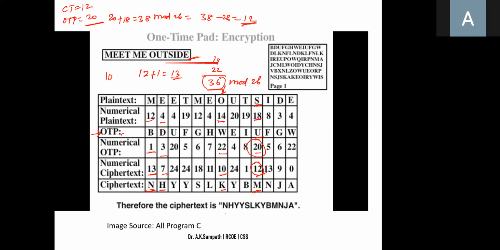If we get a negative number, for example, 12 minus 20 is minus 8, so we'll add 26 to it. Okay, very good. So as I mentioned with the previous, if you are getting the result in negative, you obviously need to add 26, right? So 12 minus 20, you will get minus 8, plus 26, you will get 18. Very good.